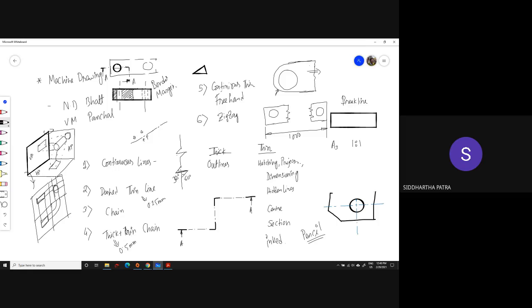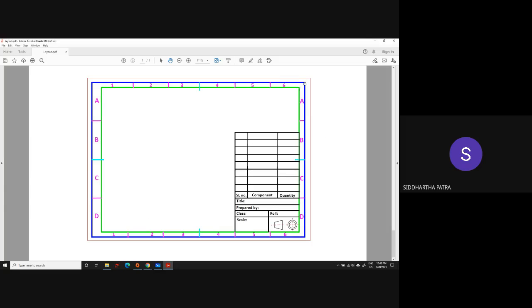And apart from this thick and thin line, there are even thicker lines that would be used for drawing your margins as well as your borders. Okay, for that you can use a thickness of about 1 millimeter. Okay, but please remember, whether the line is thick or thin, it should be equally dark.